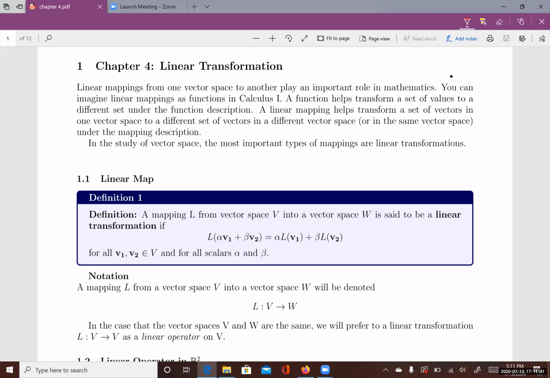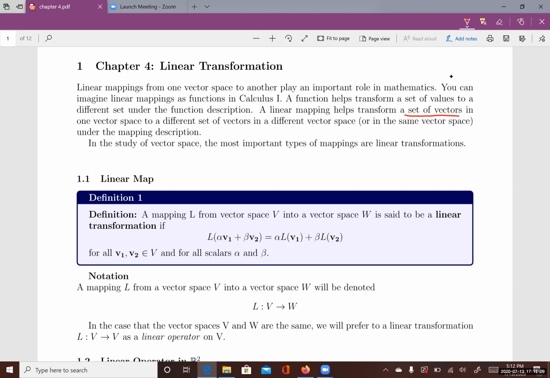You can imagine linear mappings as functions in calculus 1, where a function helps transform a set of values to a different set of values under the function's description. In a very similar fashion, a linear map transforms a set of vectors in one vector space to another vector